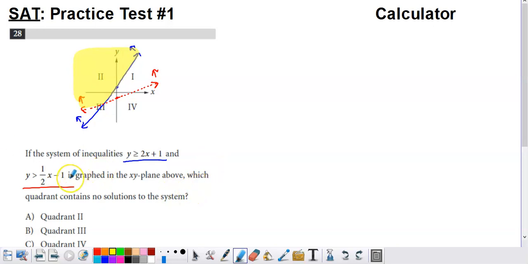Whenever we graph this one, we kind of do the same thing. Think of this as an equal sign and graph y equals 1 half x minus 1. So the y-intercept is going to be negative 1. The slope is going to still be positive, but it's not going to be as steep as this, right? We're going from a slope of 2 for that blue boundary to a slope of 1 half for this boundary. So I do a rise of 1, run of 2, which gives me a more level line. What I'm trying to do is I'm trying to see where the region is that overlaps between the solutions to